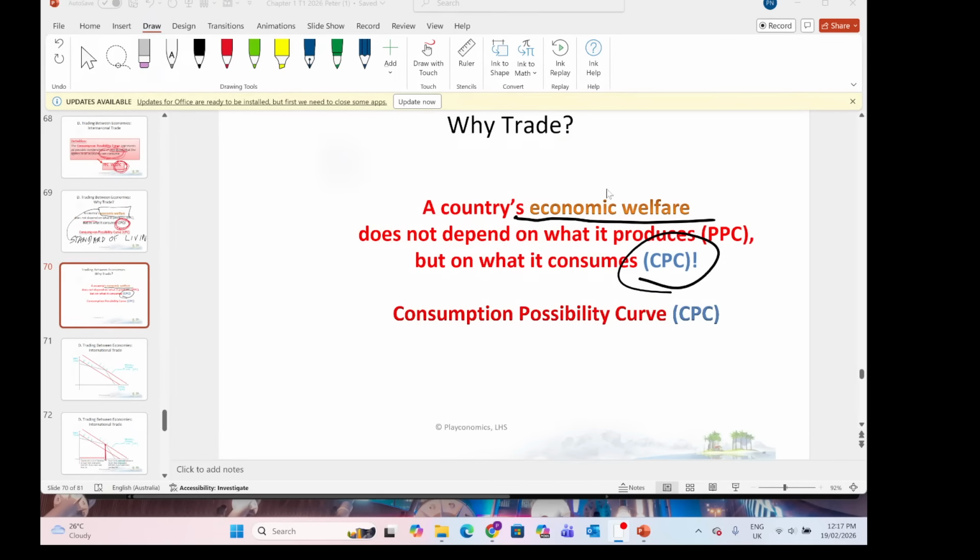So we're going to move back to our model of bananas and rabbits, and we're going to introduce a third line which shows the trade-off price, the relative prices of bananas and rabbits in the world, and we're going to superimpose it on our own production possibility curve. So let's go and have a look at our next slide.